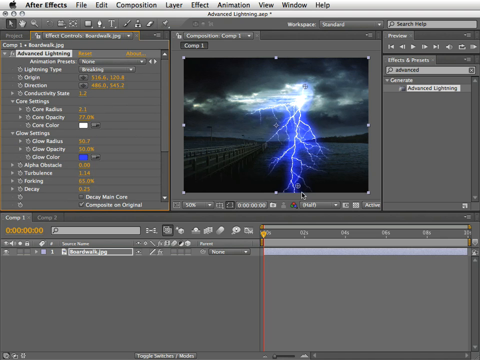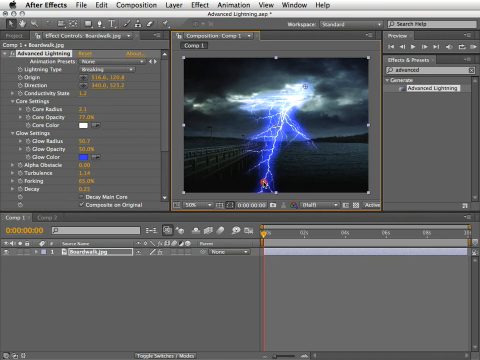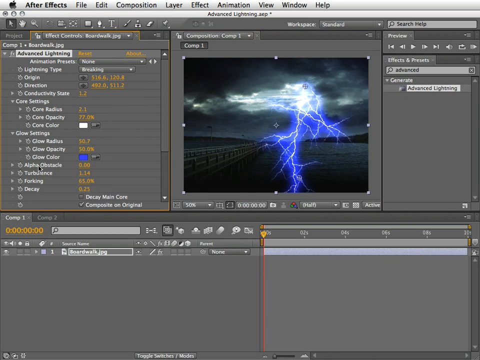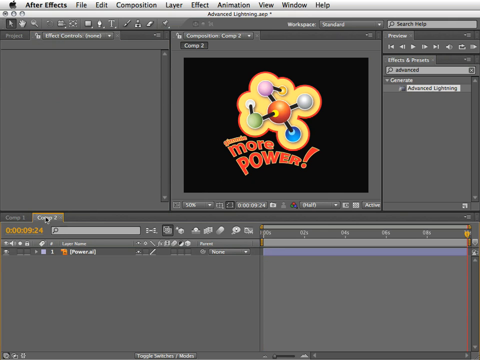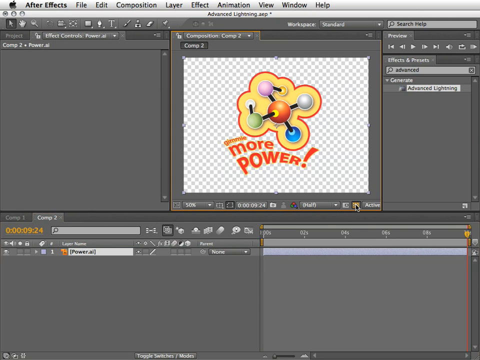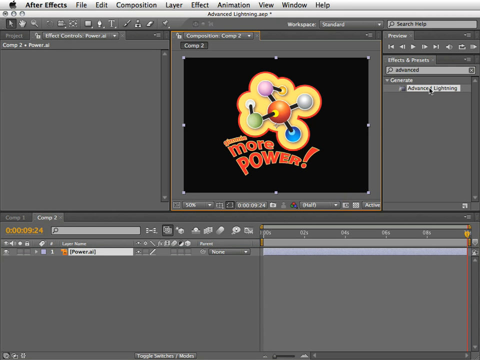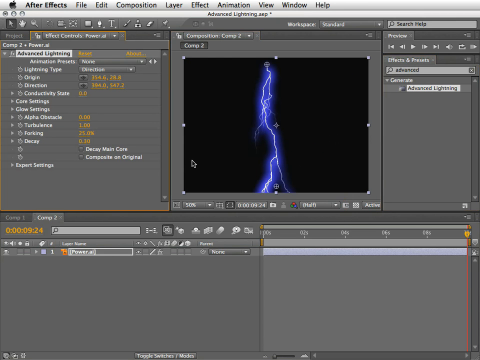look you're after. The less obvious one is probably the alpha obstacle, which is also, I think, the cooler of them. So let's take a close look at it now. So here at my second comp, I have an image I've created using Illustrator. This graphic, of course, comes with an alpha channel, and now I'll apply the advanced lightning effect and enable the